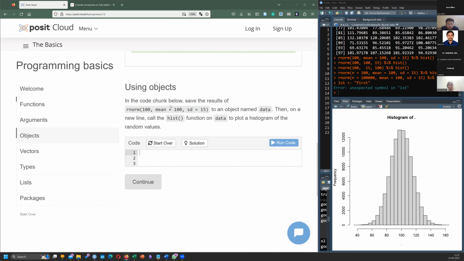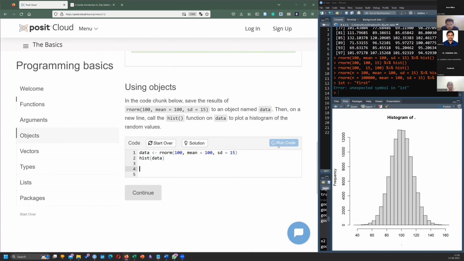In the chunk below, save the results of this as data and call a histogram on data to plot the histogram. I am copying this. I'd say data. And then I should call histogram data, isn't it?